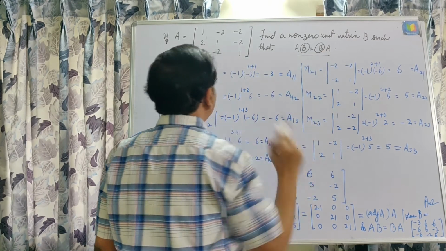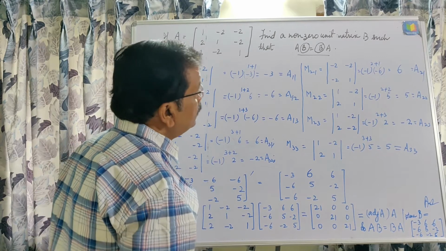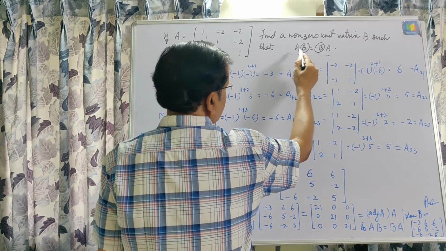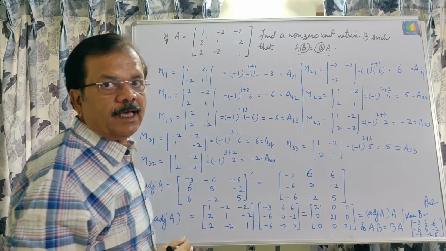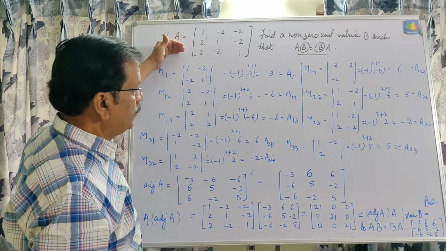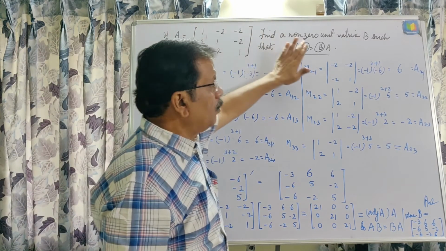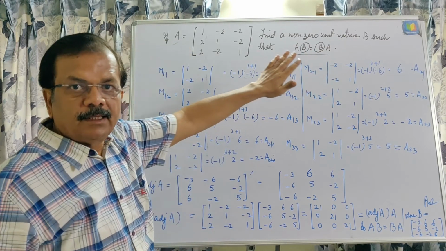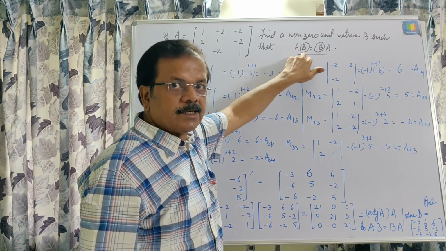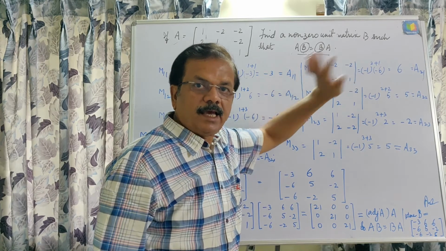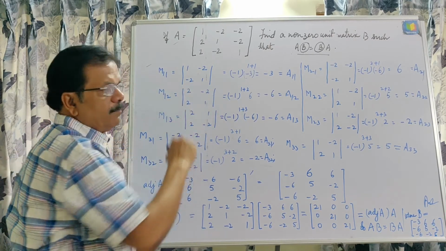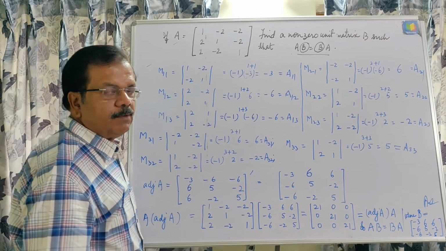With this given condition, we can think that B may be the adjoint of A, because we know the property that A adjoint A is equal to adjoint A times A. Now here, if we are able to find the adjoint correctly, then that will be the value of B. But after finding this value of B, we should show whether A times adjoint A is equal to adjoint A times A. Now here we are trying to get all the values of minors and cofactors so that it will be more and more clear.